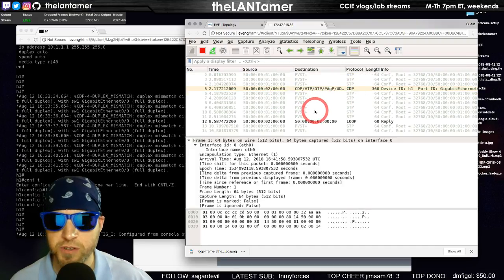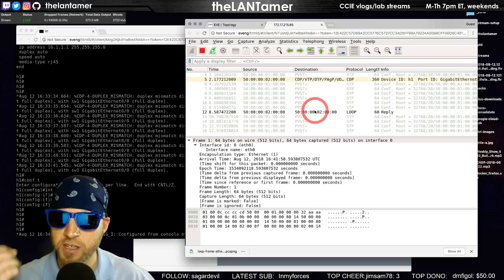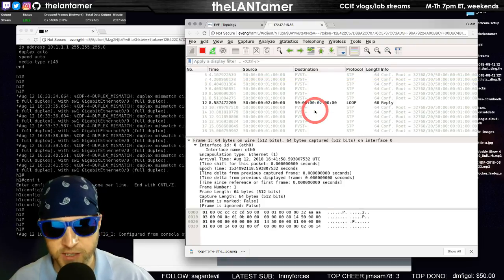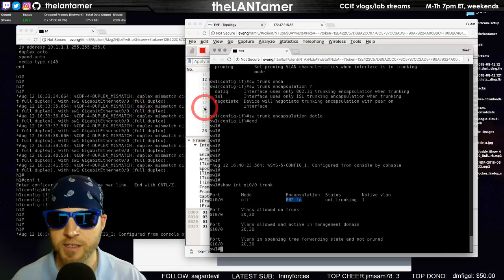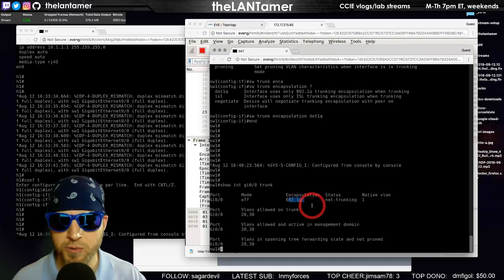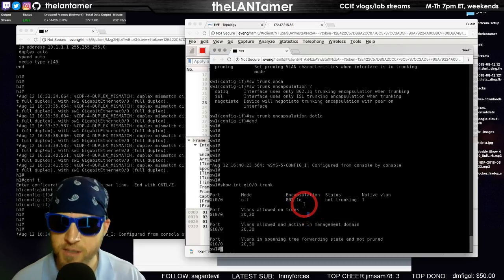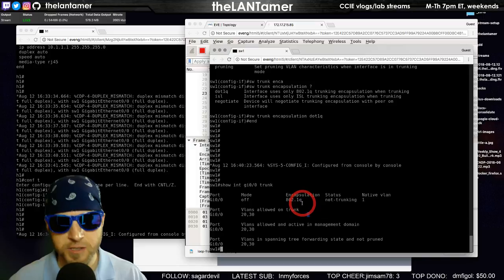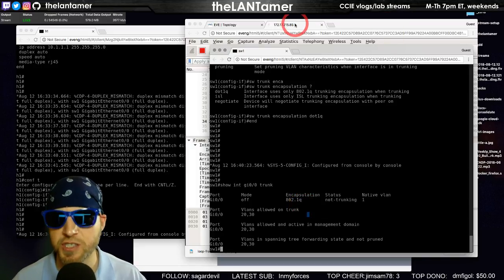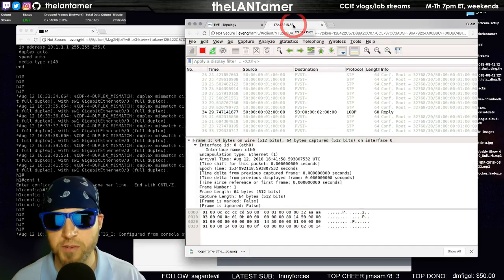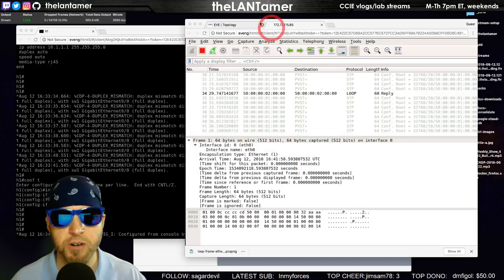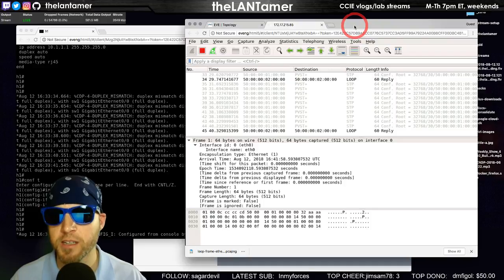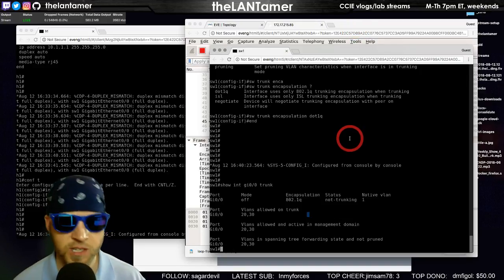So again, you've got your administrative mode and you've got your operating mode. And I think it's important to distinguish that. As we see here, and this is what's so tricky, if you look at this, you say encapsulation is dot1q. Oh, it's running 802.1q encapsulation. It's not. It's configured to do that if we transition to trunking mode. So if I were to change this port right now to a trunk, it will automatically use dot1q encapsulation.